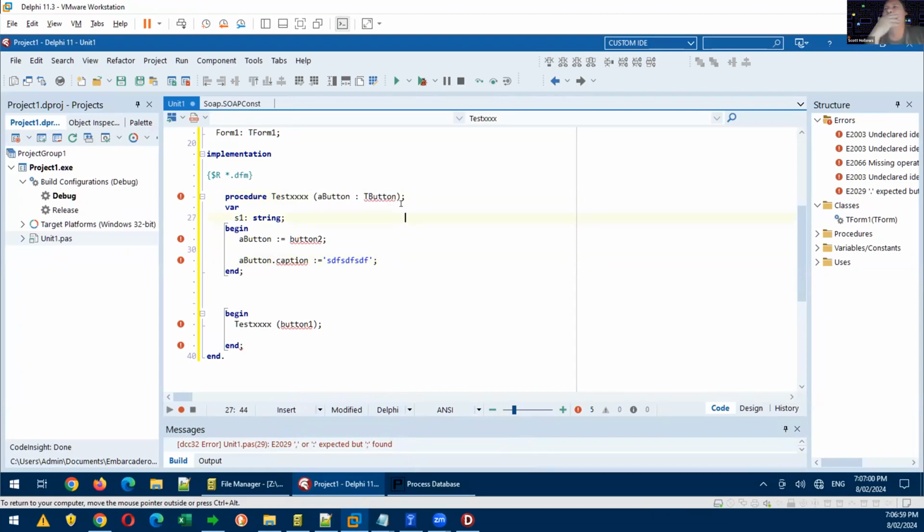Now, the thing with Delphi is whenever you're passing something in as a parameter, in some cases, it will make a copy of that object. And in some cases, it doesn't. So if I do this,